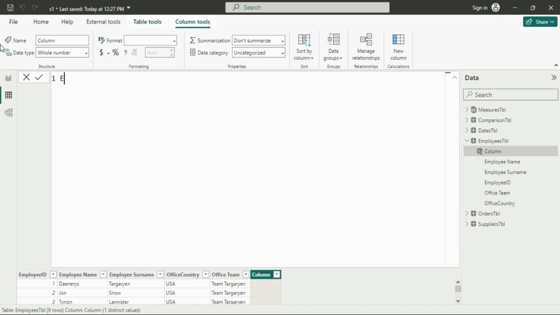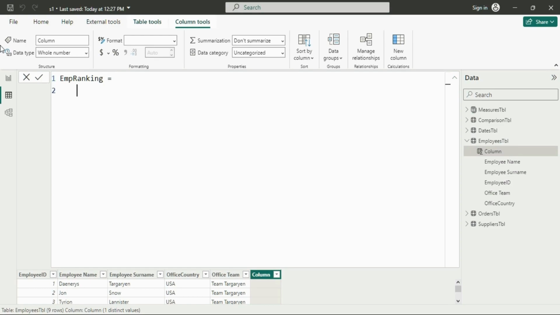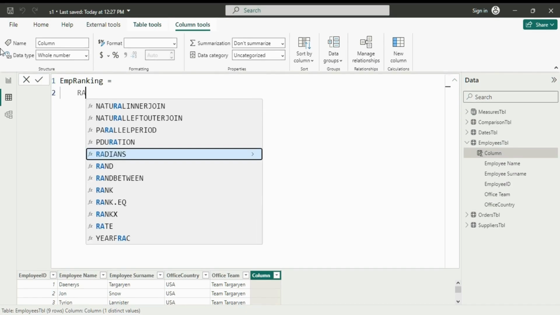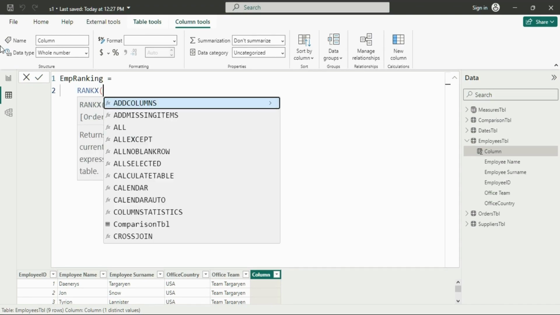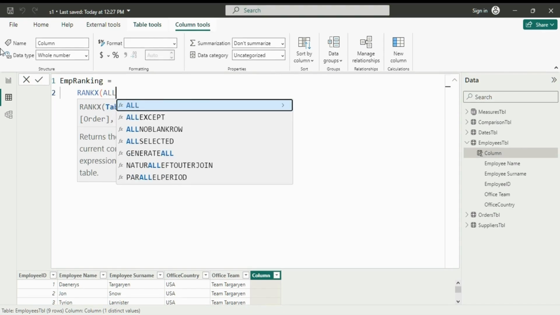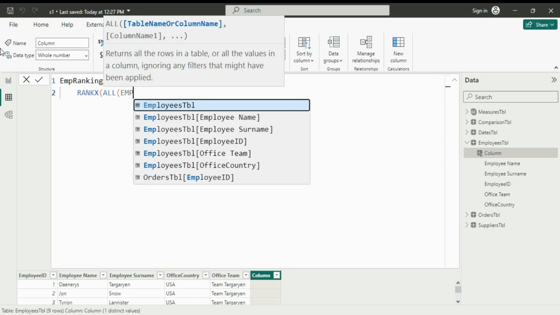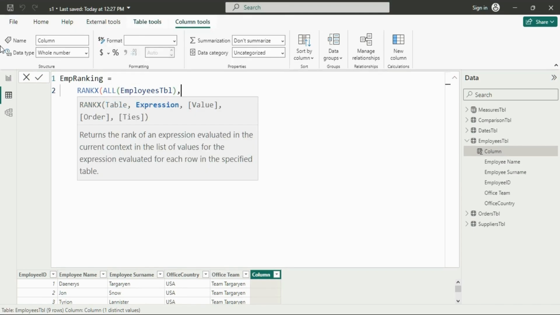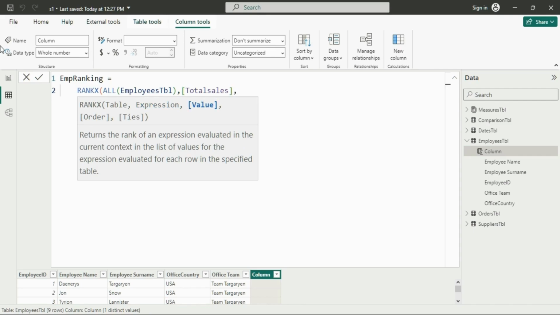Sorry, that is EMP ranking. So let's create a ranking of employees based on sales. Let's use the RANKX function. Always we use the ALL function with the rank, that ensures that any external filters which are applied to the table get removed. So let's use Employees TBL and, under the expression, I'll use sales, rank them by total sales, and